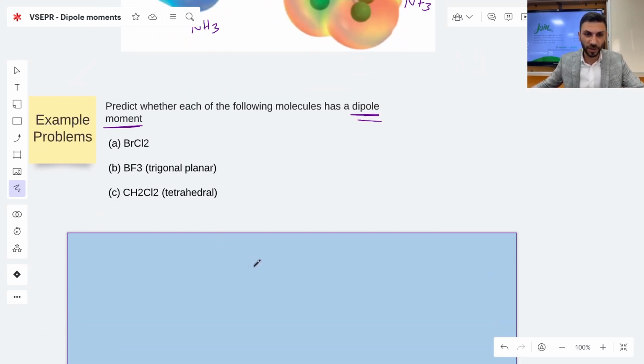Now, let's check here. In the BrCl2, I'm going to write Br as the central atom A, and I need to check how many valence electrons it has. Br has four valence electrons. I'm not sure. I need to double check the compound, because I don't think it's correct. So let's take for example